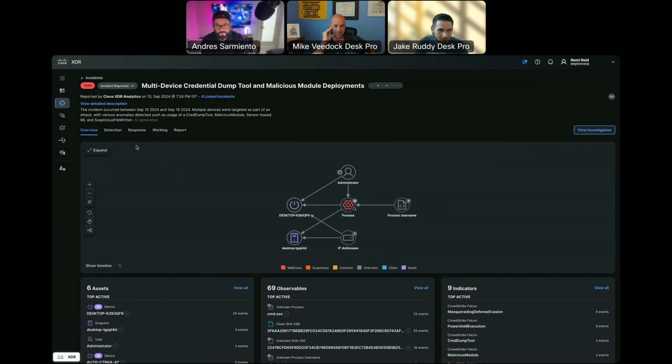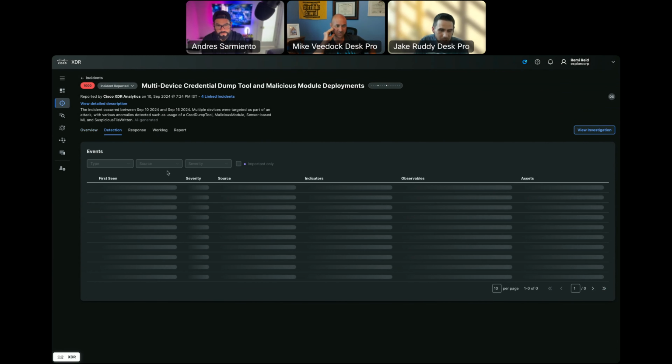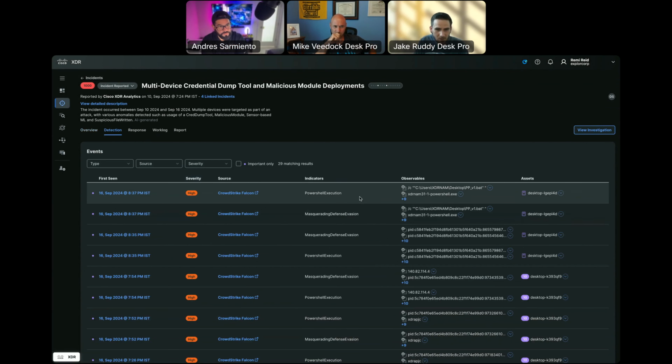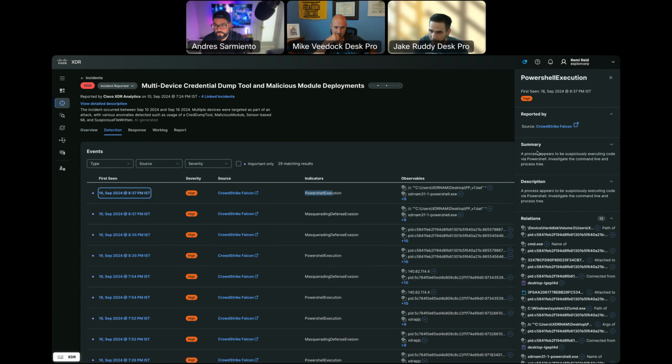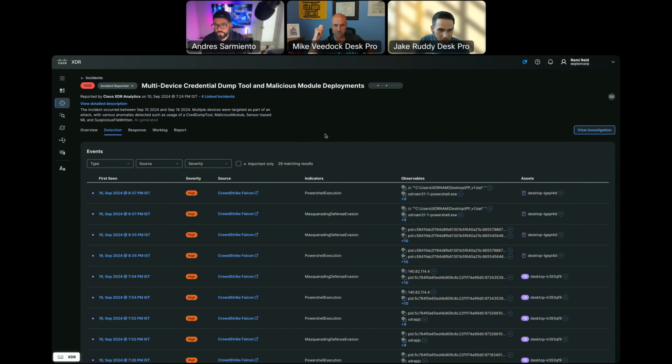Because the other option would be, if we go to the detection tab, we're jumping around a bit, but these are all those individual events that were correlated to this incident. Again, each one of these has a name. We display that as an indicator. And then inside of that, it's got a summary and a description. I could read all 29 of these, sure, and then do my best to make sense of it or write my own version of a short description of what happened. I don't need to, right? This correlation has already been done. That text has already been scraped. It's already been dumped into both that short and long description version.